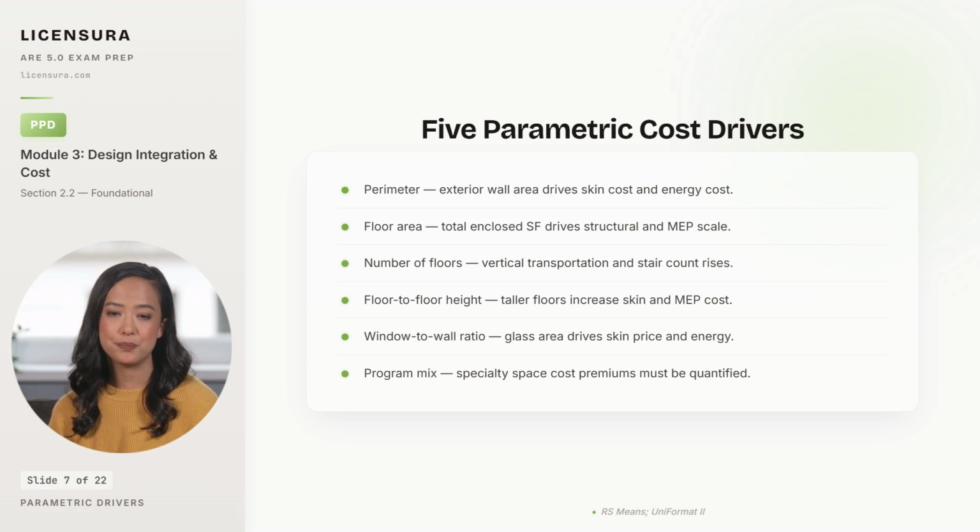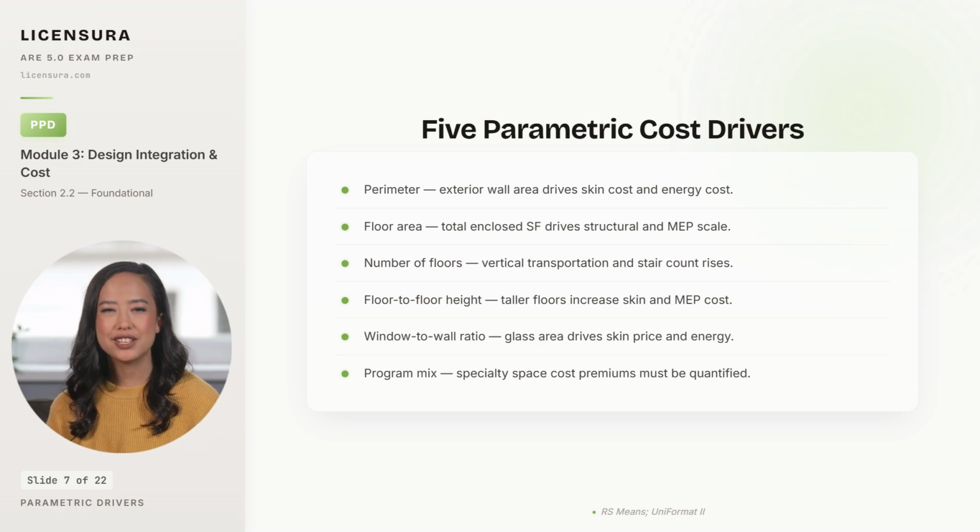Floor-to-floor height drives skin cost. Taller floors mean more square feet of cladding for the same plan area, and drives MEP cost because larger plenums and longer ducts cost more. Window-to-wall ratio is the single biggest skin cost driver in many buildings because curtain wall costs 3 to 5 times what an opaque wall costs, and energy performance shifts dramatically. And program mix drives total cost